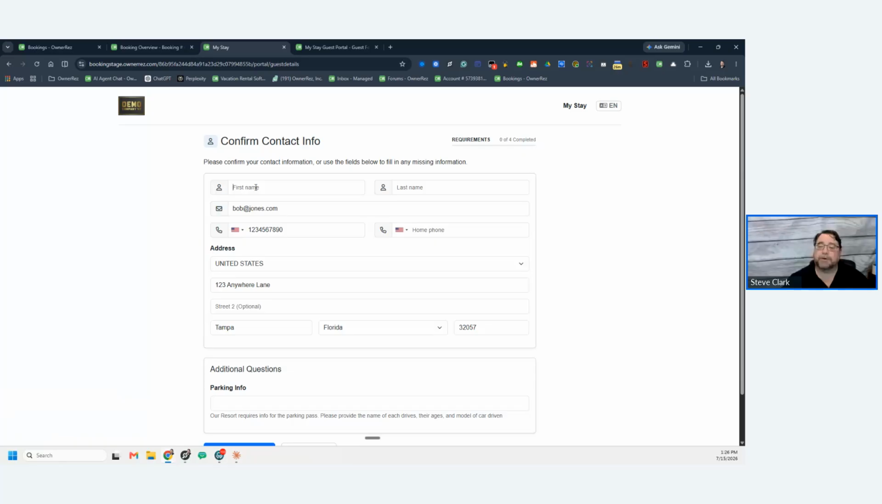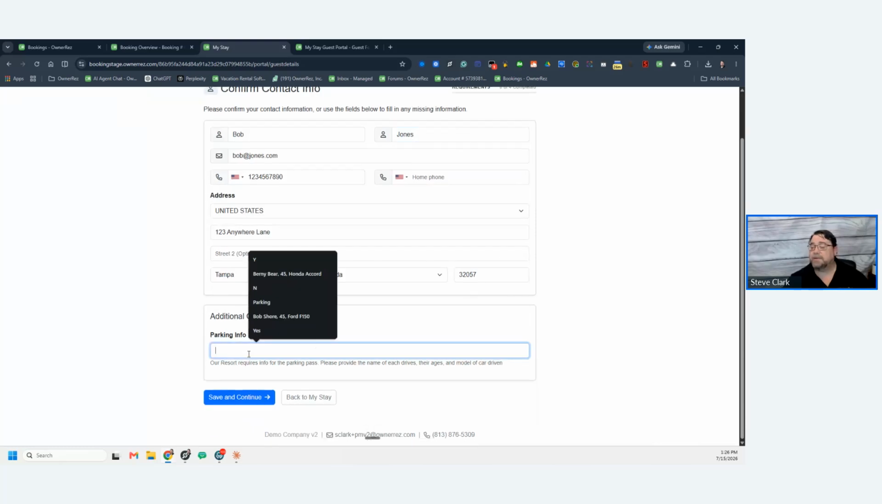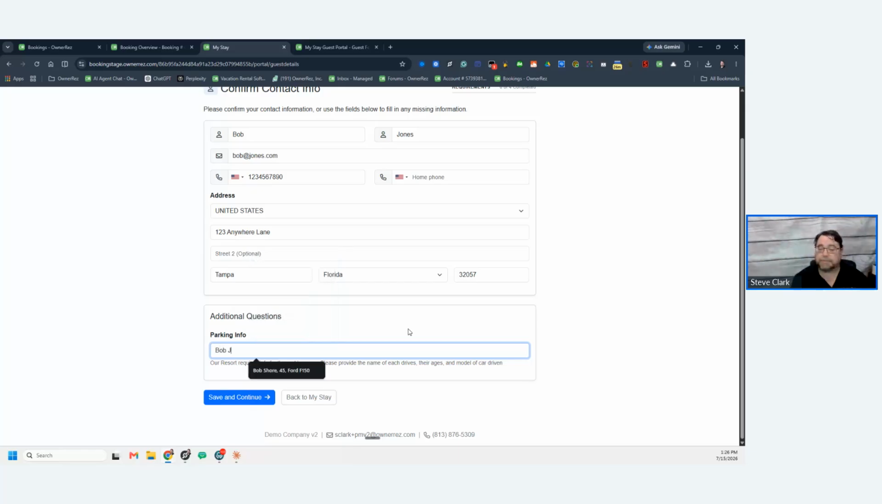So your user comes in here and I already have his email. It's Bob Jones or whatever. So maybe he fills out his first name. He can update his address if he wants. And in this one, I'm asking for parking information. The HOA needs it for the parking pass. So they need to say Bob Jones is the primary driver and he's 45 years old and he drives a Honda Civic. I don't know. So they put in that information